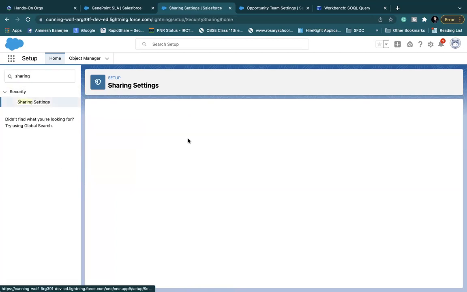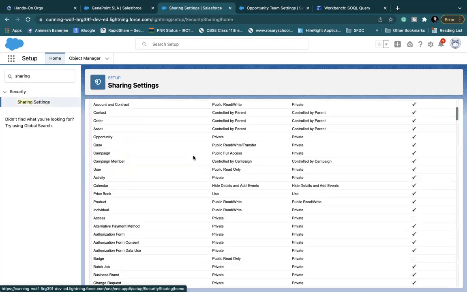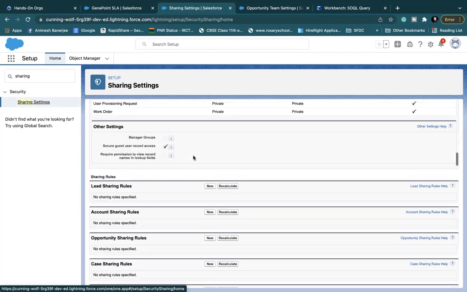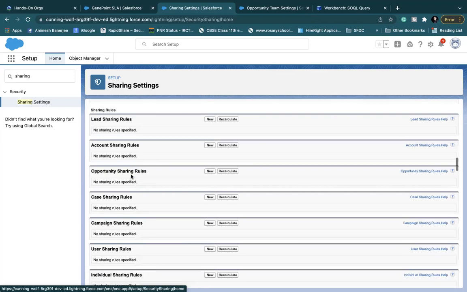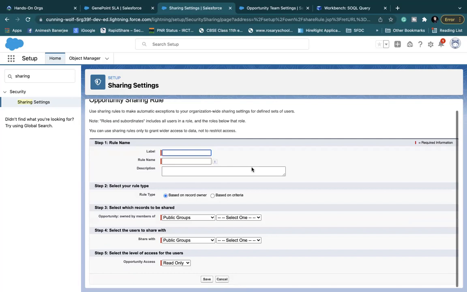Here's sharing settings. In sharing settings, down below, after the role OWD settings, every object will have a sharing rule. We were into opportunity, right? So let's create a sharing rule. A sharing rule can be of 2 types: ownership based, criteria based.